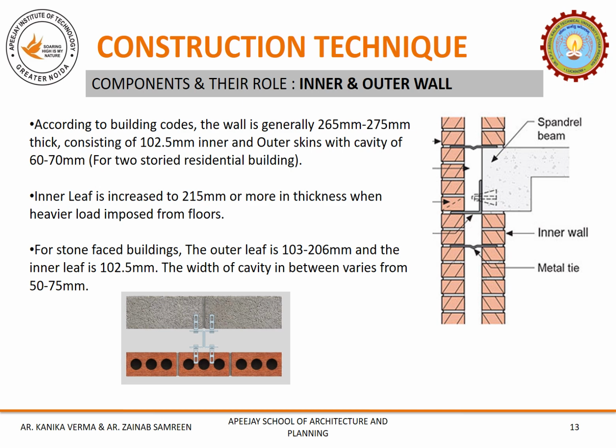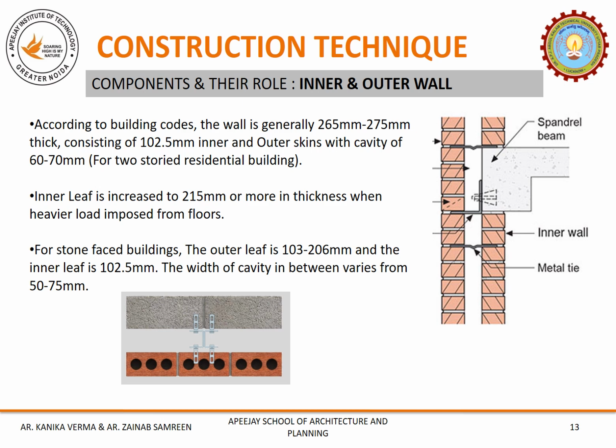So for a brick cavity wall, the suggested building code for the most basic construction says that it should be 1 brick thick, meaning each leaf or wall is half brick thick, which can be separated with a cavity or a gap of 60 to 70 mm in the case of a residential building of 2 stories. One can increase the thickness to use a 1 brick thick wall as the inner leaf whenever there is an extra load to be taken care of.